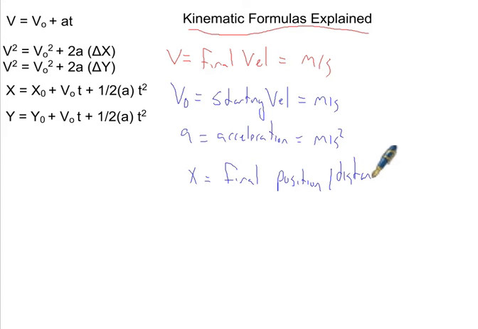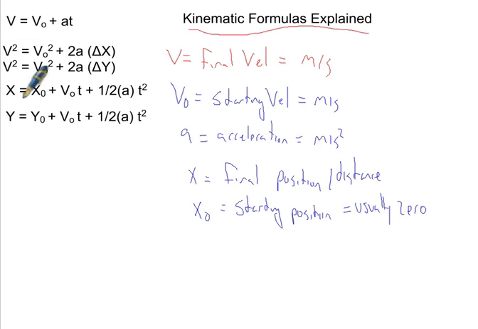You can think of it that way. X0 is its starting position, or position at time 0. This is usually 0. You can almost always assume that this is going to be 0, except for a few special circumstances which we'll